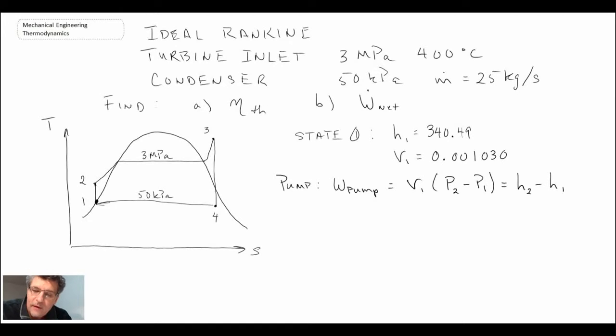So by knowing the enthalpy at state 1, we can use this equation in order to determine the enthalpy at state 2, because we pulled this off the steam table, and we know P2, that's the boiler pressure, and P1 is the condenser pressure. So we know everything in that equation. We also know H1, and that enables us to get H2. So when we calculate this, what we find is the value is 3.0385, and again, that would be kilojoules per kilogram. And so we can sub it back in and solve then for H2. And when we do that, we find that H2